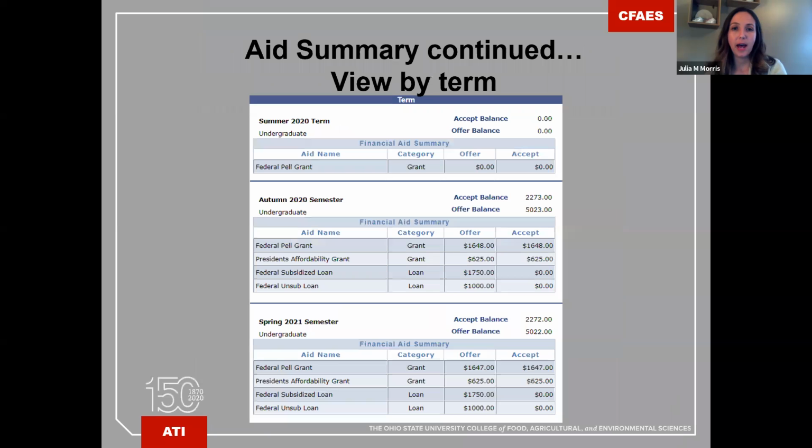Further down on the same tab, you can see autumn semester and spring semester. All financial aid is divided between both. The only exception that could happen would be external scholarships. If by chance you receive one, and when it's sent to the university it asks that it just gets dispersed all at once, it will all go towards your fall semester. If it indicates it needs to be split, we divide it between autumn and spring semester for you, okay? All right.